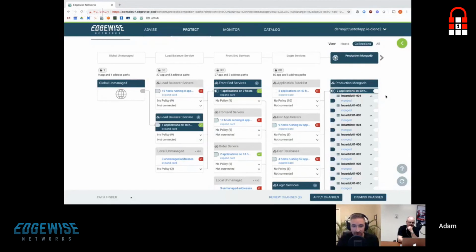So as part of that machine learning process of creating these groupings, we are actually taking the SHA-256 hashes of all of the software that we see and running them against the 65 multi-scanners that are out there, from the likes of your CrowdStrikes to your Carbon Blacks to your Cylances, and understanding what we know about the reputation of this file. If we have software that is known to be malicious, well, first of all, we're not going to recommend that you put those into a grouping. And second, we'll call those out for you. We'll show you that, hey, this is something that you probably want to take a look at.